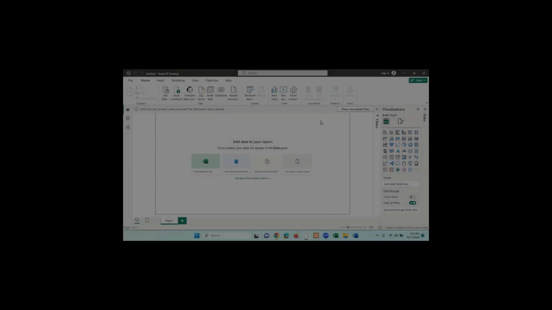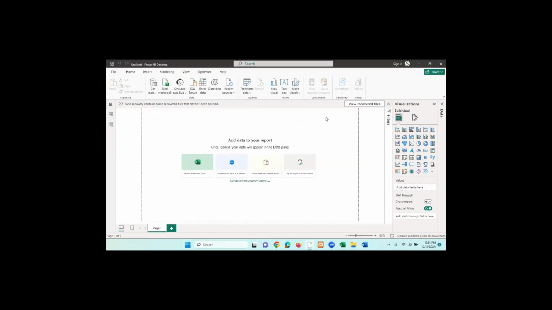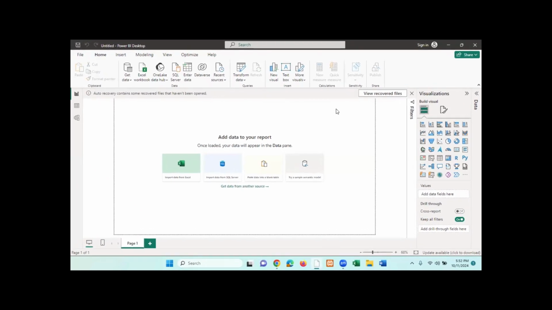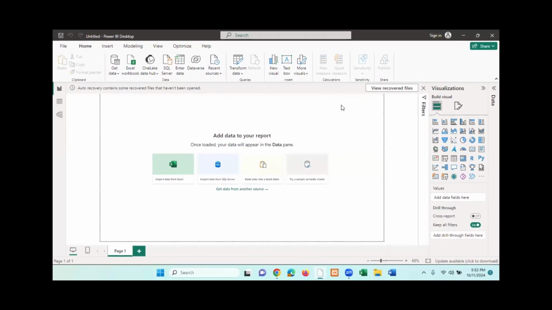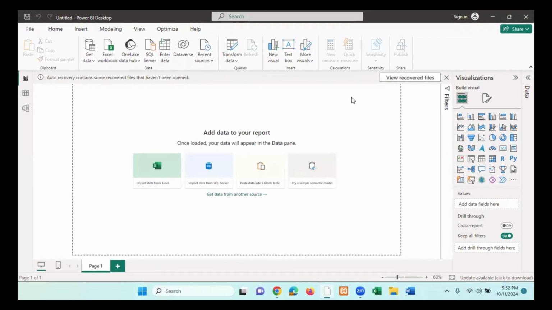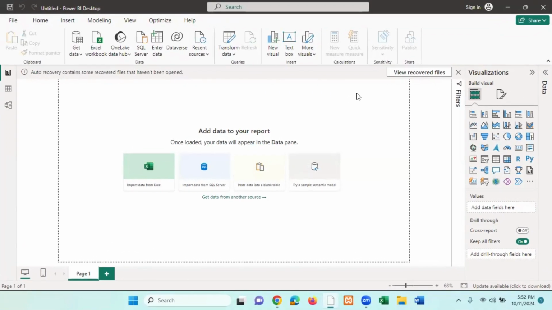In today's tutorial, we're going to be looking at four key aspects of Power BI. We're going to be looking at working with text. We'll also look at